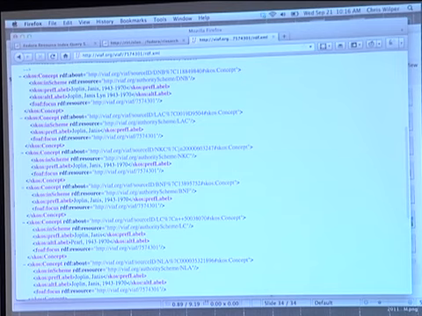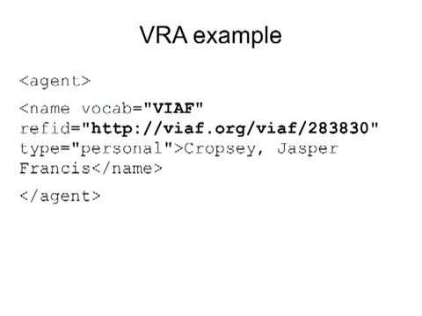So let's go back to the VRA. So I mean, that's kind of a typical use, or an option for managing things like thesauri and vocabularies. And if you've got your own terms that don't appear in a published vocabulary, you could manage that either in your own separate database, maybe based on RDF and SKOS, and maintain that separately.